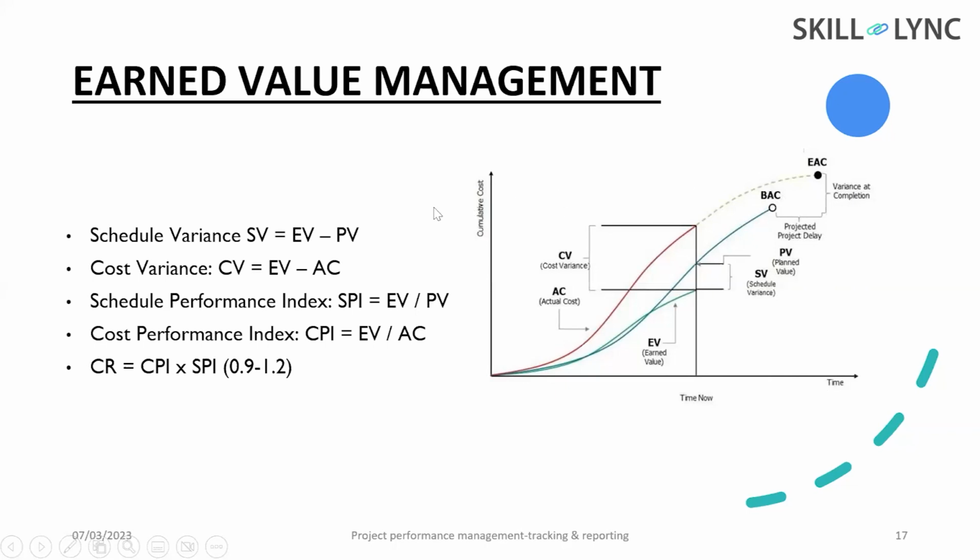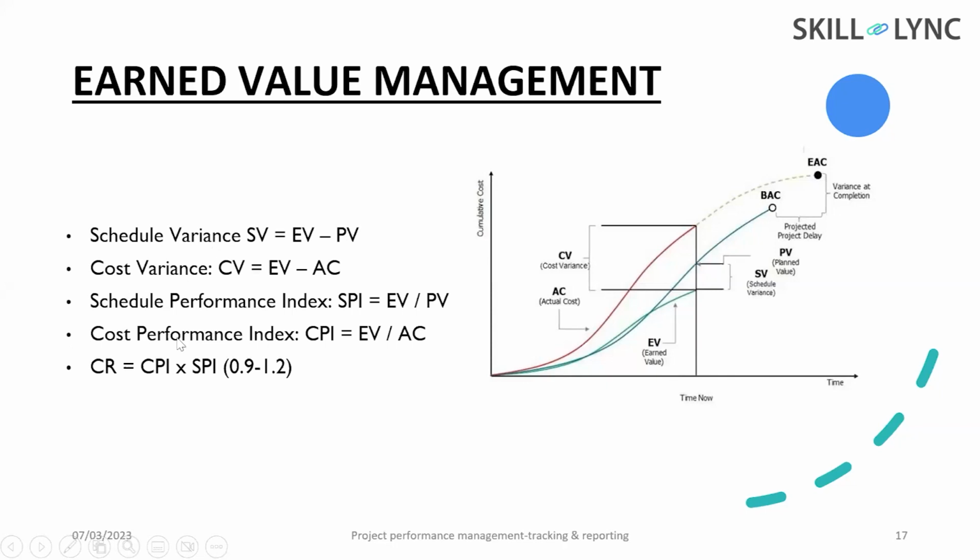And here we can see 2 other factors. So as you can see, there are 2 points, EAC and BAC. This is the cost for the EAC point, or this is the actual cost, and this is the budgeted one. So if we get the difference between EAC and BAC, definitely this is the cost variance. So from the graph itself, it is clear. We are getting a cost variance and we are getting a schedule variance.